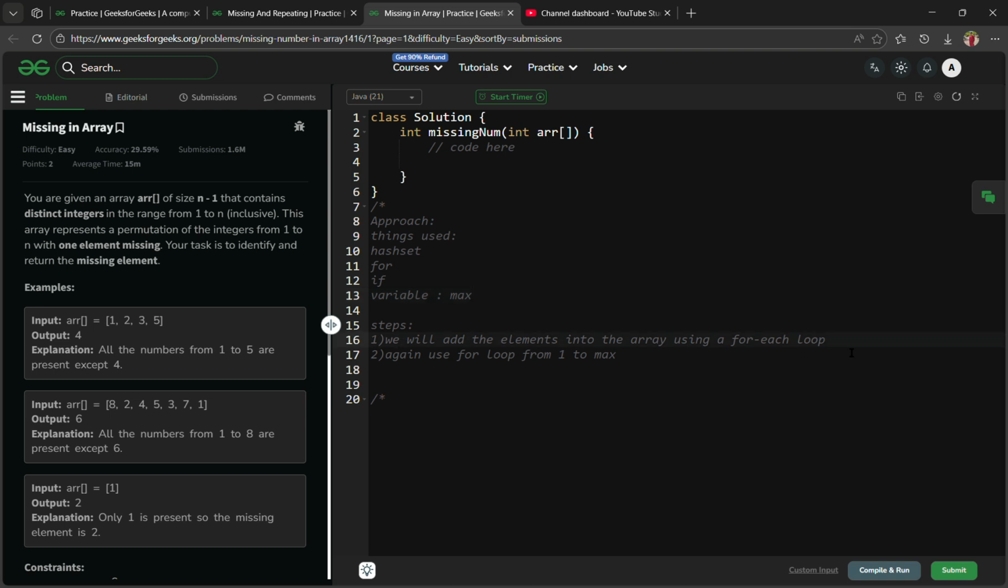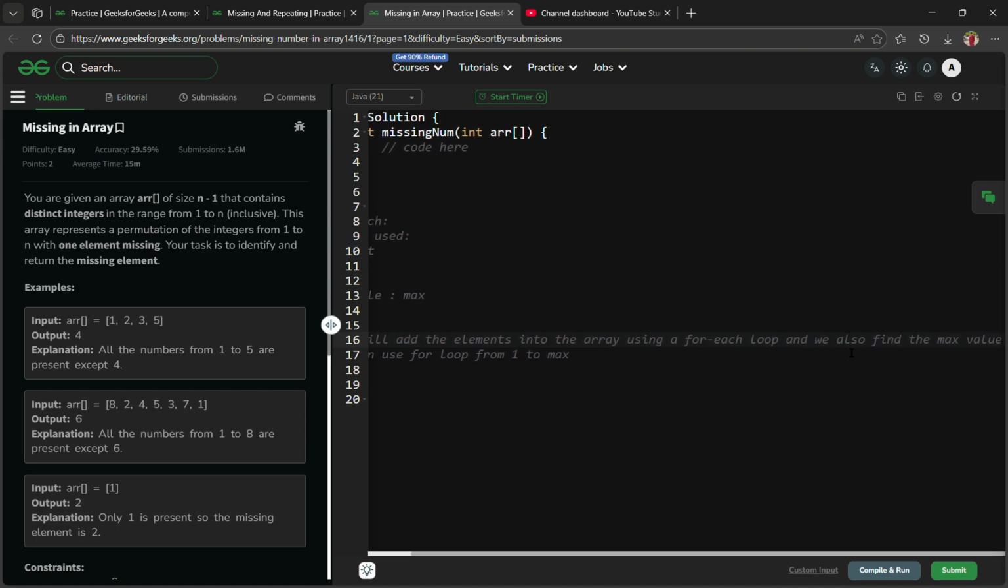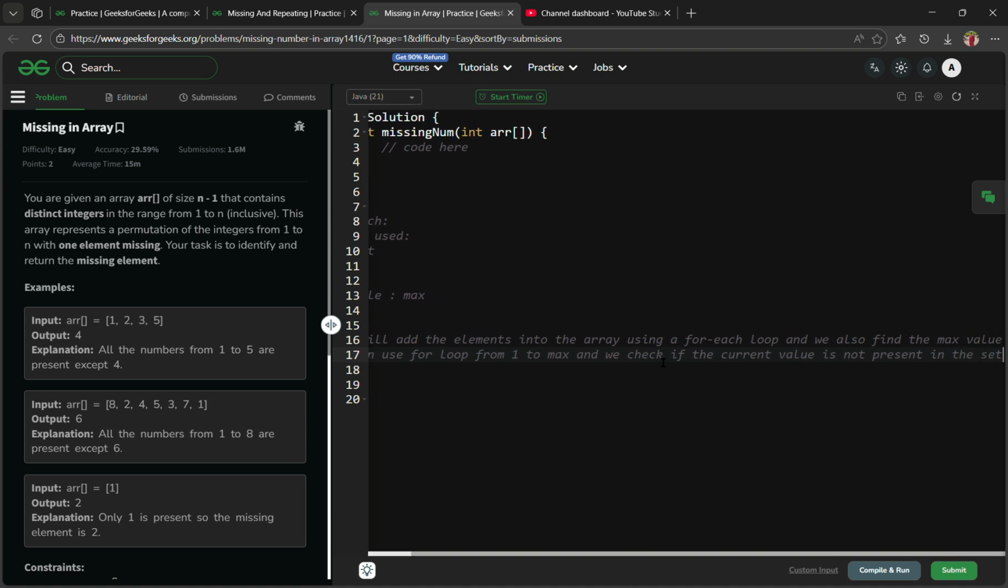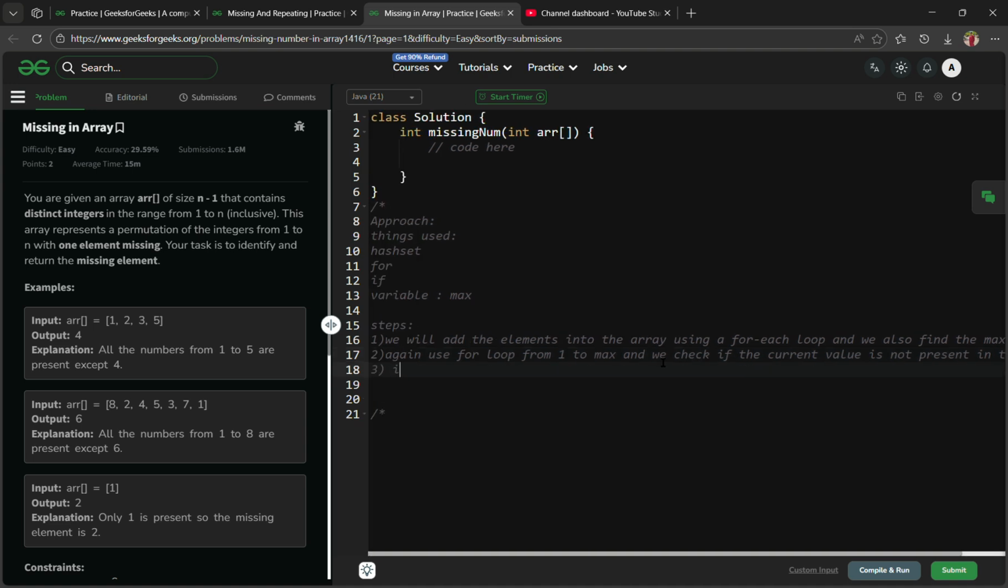So in this loop only we also find the max value. So both the things we are going to use and initialize using the first loop only. So the second loop we will run from 1 to the max value, and we check if the current value, let us say it is i, like for i in int equals to like that. So if the current value is not in the set in which we added the element, so if not